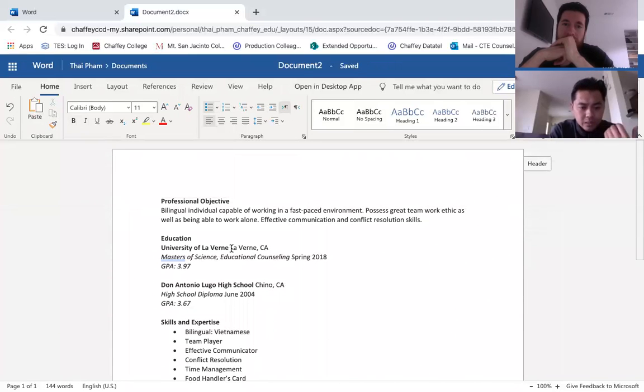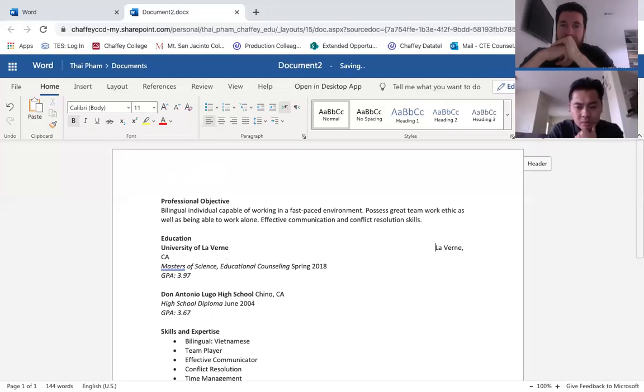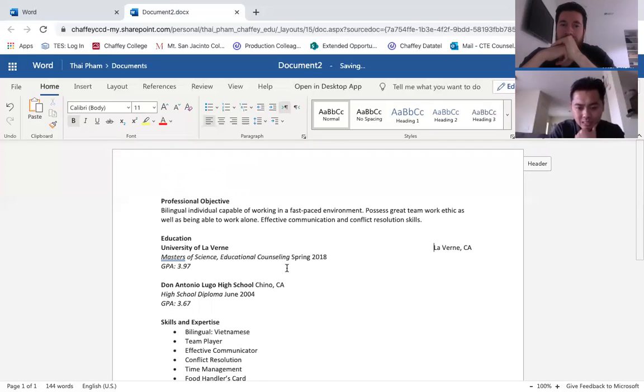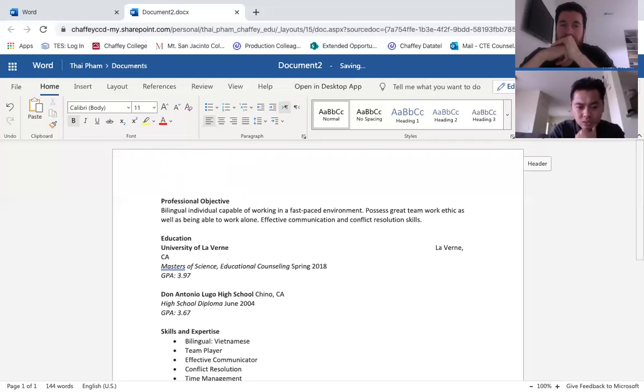At the next part here, I want to push the city and the state to the right. There is a way where it can be done a lot easier, but I'm just hitting the space bar and pushing it all the way to the far right of the page right now. And I want to do it as much as I can before it goes into the next line. So as you can see, I hit it too much and it went down there. I don't want that. So I'm just going to hit backspace and just have it there.